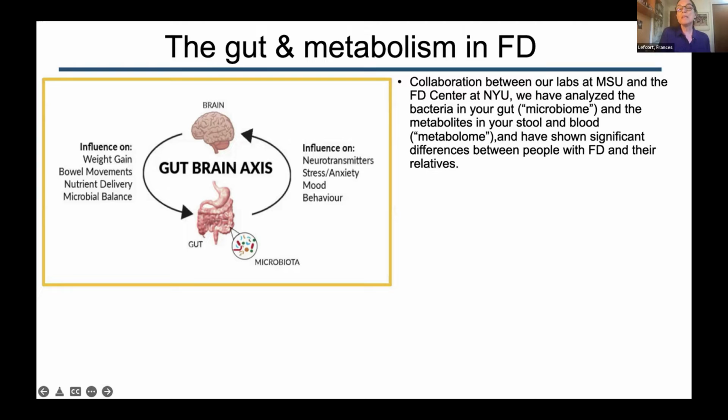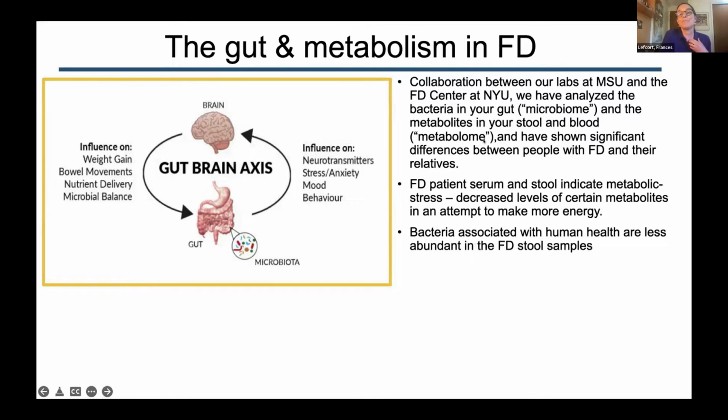So we've been collaborating with the center at NYU and two other fellow labs at MSU, Seth Walk's lab and Valerie Copier's lab. And we have received very kindly from all of you, many of you, stool samples and serum blood samples. And we've been analyzing the microbiome, which is just the complete set of bacteria in your gut, by looking at the stool and also analyzing metabolites in your blood and in the stool. And we find significant